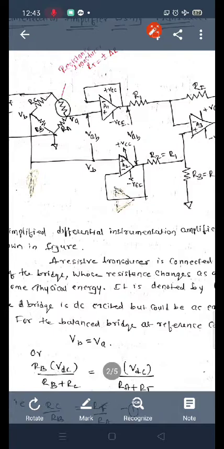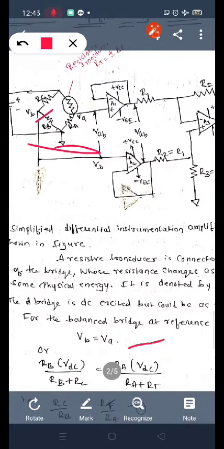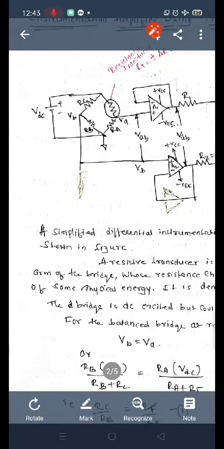Using the divider rule, VB is equal to RB into VDC divided by the sum of the resistances, RB plus RC,